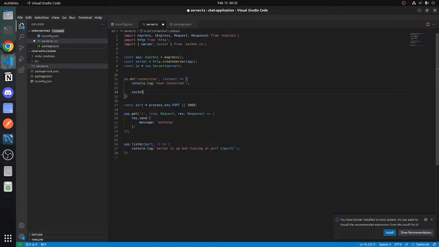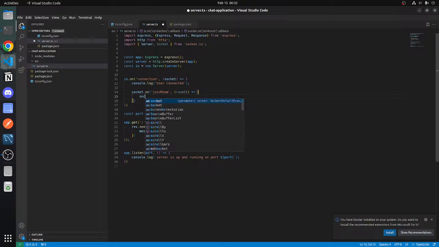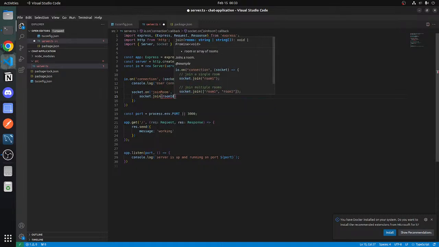Now let's just say socket dot on join room. We have to provide a room ID right here. Socket dot join room ID,